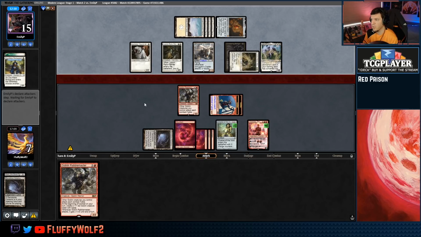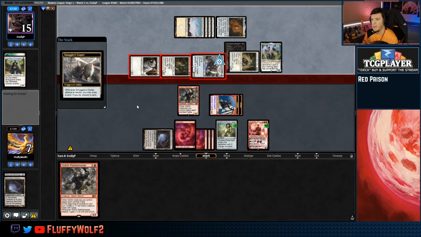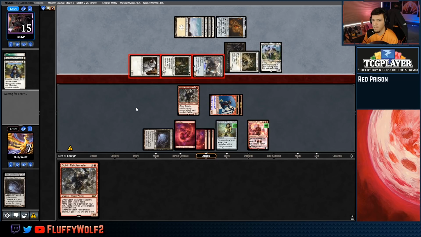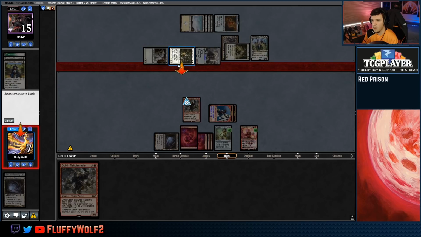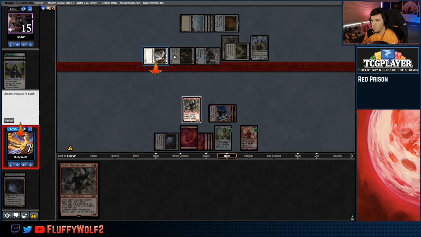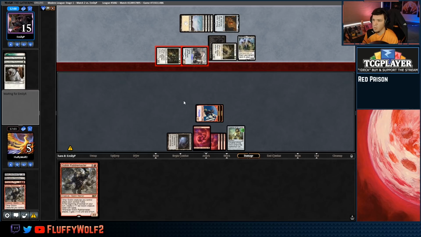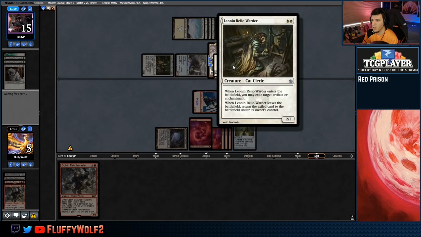Mono White Lyris looks like it's pretty good. By the way, Eidolon would be pretty good in this matchup. Takes 4 to us and 3 to here. Loots and scoots. Gets a Dauntless Bodyguard here. I think I can go ahead and... I don't want to block Leonin Relic Warder, actually, because of the Lyris interaction. We actually are pretty much dead on board, because even if I were to kill this...